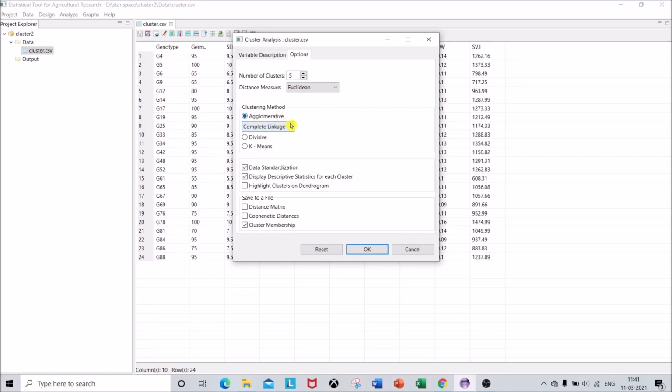The first one is the agglomerative method, the second is the divisive method, and the third is the k-means method. These all differ in how the genotypes are clustered in a dendrogram. The difference is only in the basic principle of the dendrogram construction.